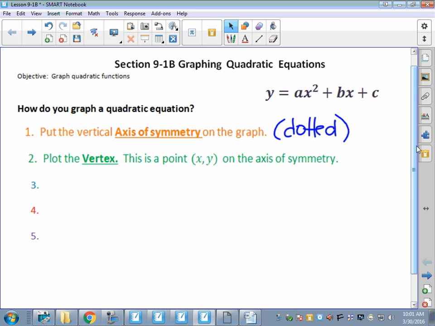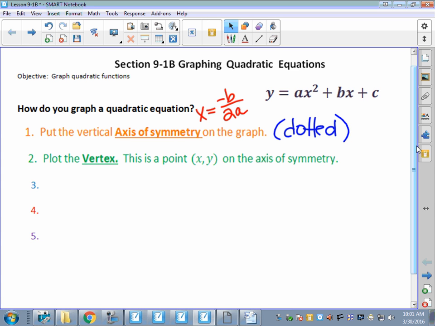After you do that, plot the vertex. Remember, the vertex is an ordered pair x, y, and it lies on the axis of symmetry because the first half of the vertex is the same value as your axis of symmetry. Everybody remembers what that axis of symmetry equation is, right? x equals. So we're going to use that answer from negative b over 2a,